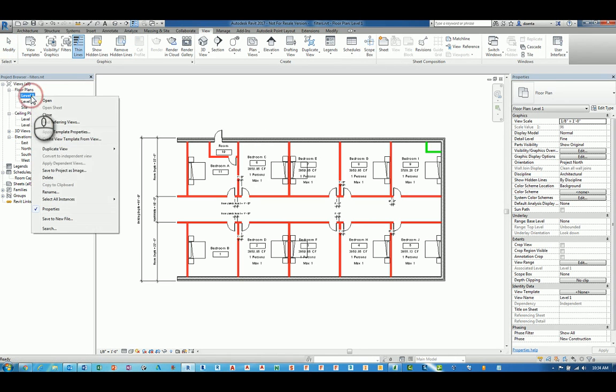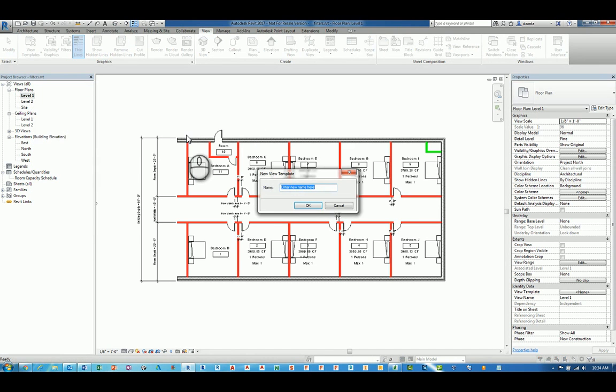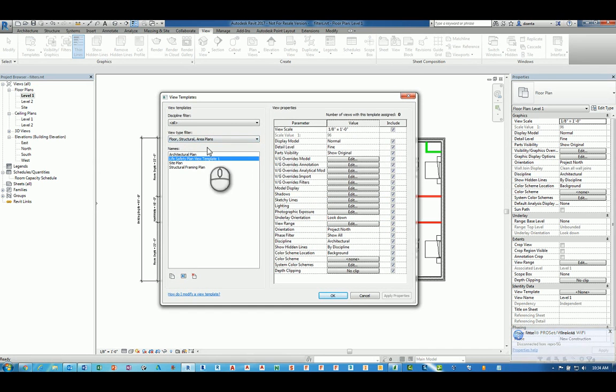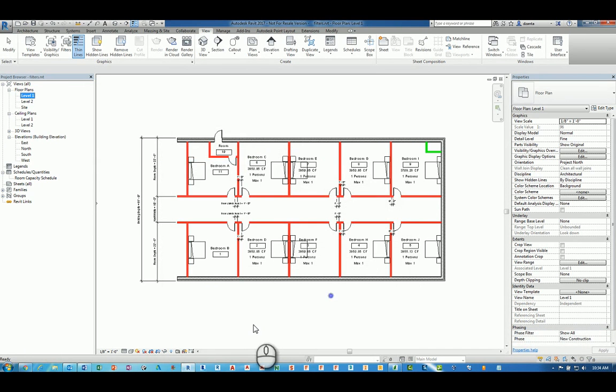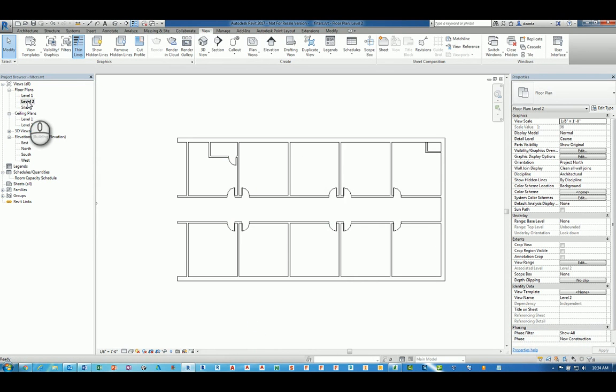I can right click Level 1 and say create a view template from view and give it a name. We're going to call it life safety plan view template 1, whatever. Call it whatever you want. Hit OK. It's going to capture all that information. Hit OK. And now that it's captured, you can head over to another view, say for example Level 2, and